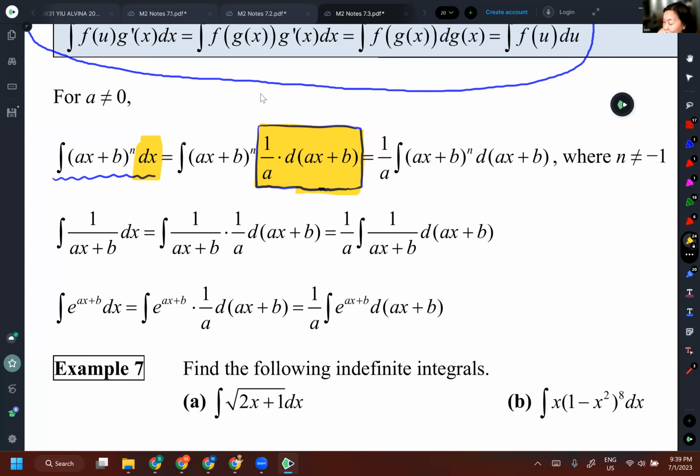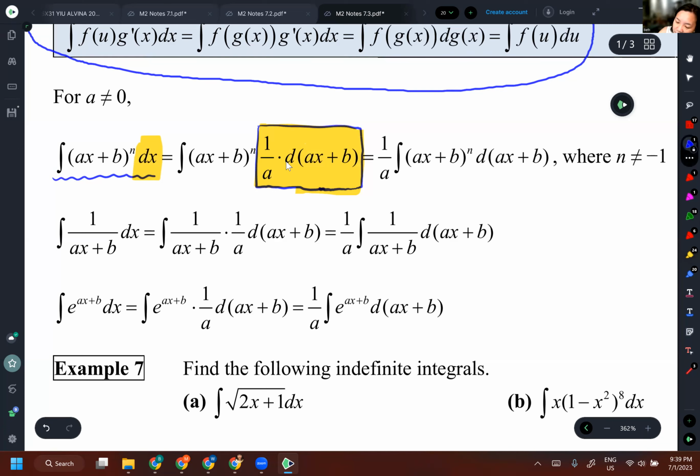in differentiation, addition or subtraction should not change the outcome. Basically, you are admitting that dx equals 1 over a d(ax plus b). They are equal. Now, why are they equal? I don't want to explain in detail. Later on, we will explain it, but right now you just know,